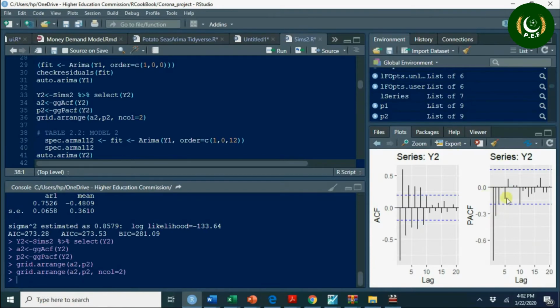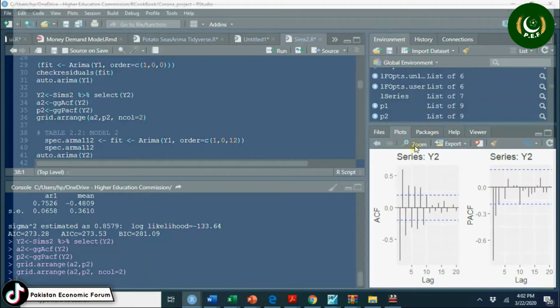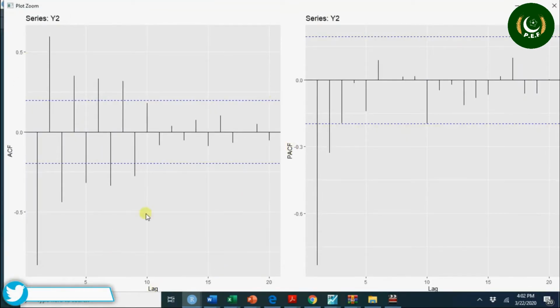So what will the model guess? We have mentioned that if ACF decays geometrically, the number of spikes PACF has will be your order of AR. So here we'll prefer the AR2 model. But still you see in the previous Y1 we fitted the AR1 model, but ARMA11 was also a good competitor.